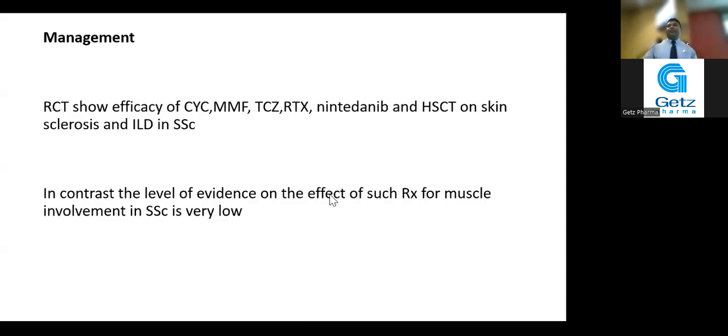So these are the three domains. Now their main argument is if it is an overlap phenomenon, you should be able to identify the overlap features peculiar to each condition, rather than having new findings, like in this case. Whereas in scleromyositis, these changes are not seen elsewhere or in other subsets of this spectrum. Hence, they strongly believe that this should be treated as a separate disease entity and renamed as scleromyositis rather than